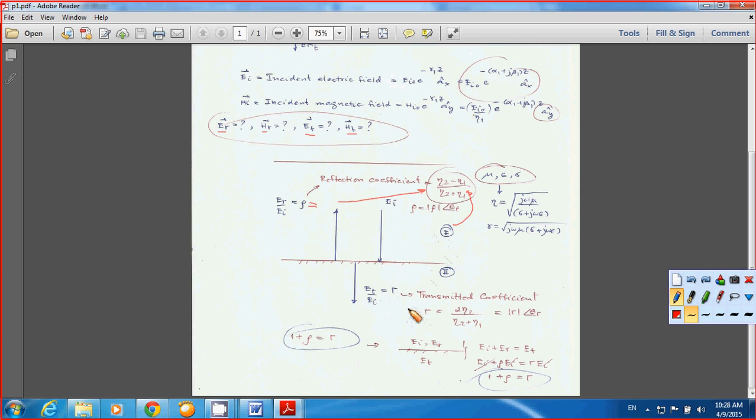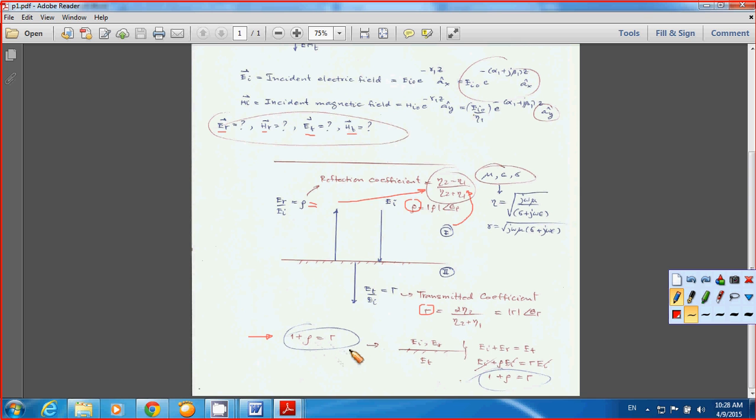And for tau, it's equal to eta 2 over eta 2 plus eta 1. And both the reflection coefficient and the transmission coefficient are going to be written in terms of the magnitude and the phase. They also have a relation between the reflection coefficient and the transmission coefficient as tau equal to 1 plus